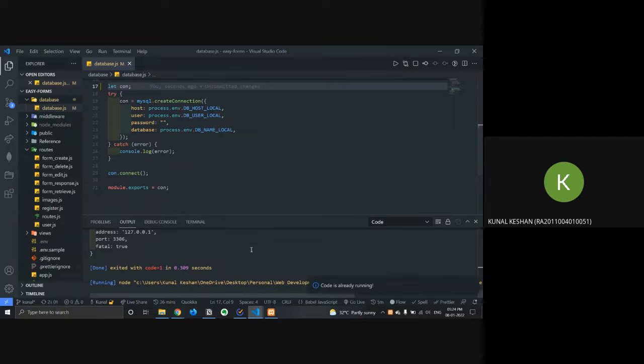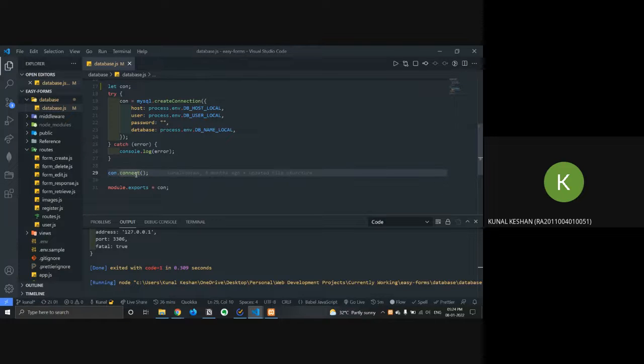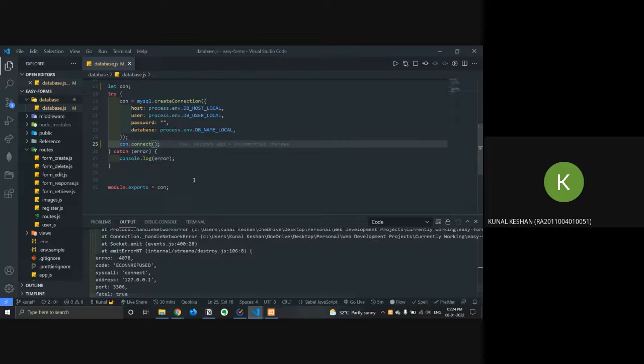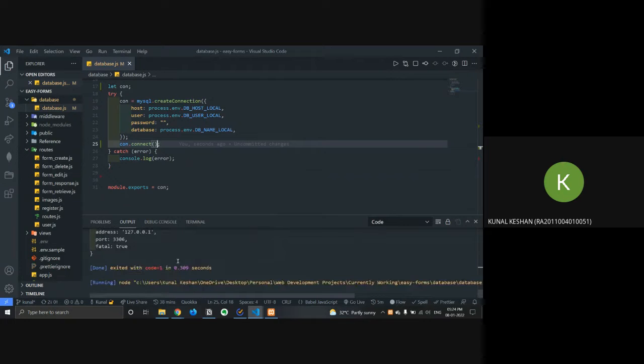If I run it again, in this case it's already connected, so it didn't throw me an error the second time. So, yeah, it's running right now.